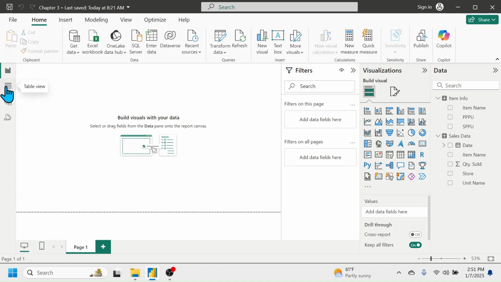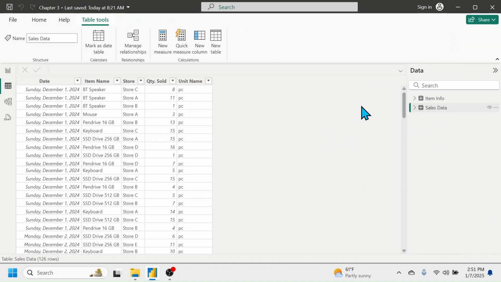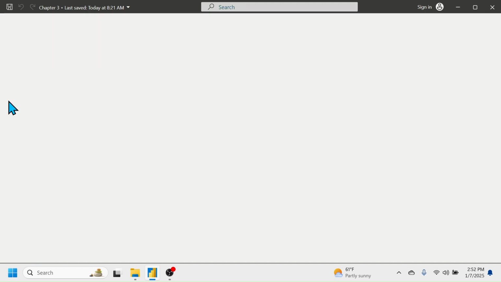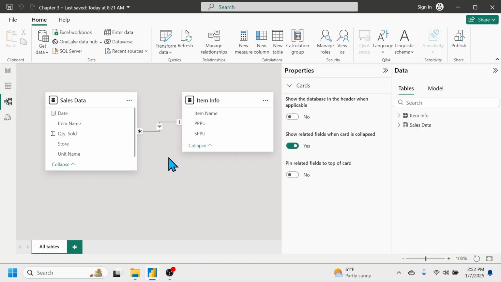Click on the table view. Here in the sales data, the item name column has the name of the item that is repeating multiple times. If you see in the item information table, the same items are given here, but the item names are appearing only one time. To create the relationship, go to this data model view, and here you see the relationship between